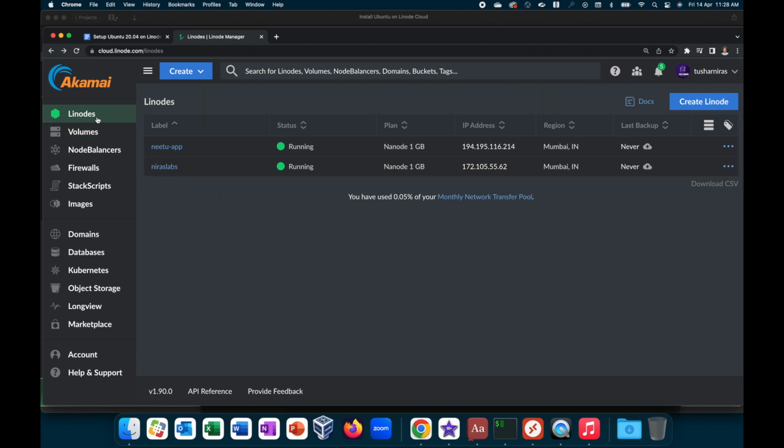I've been using Linode for a few years now and I found it very easy to set up. I primarily use Linode for my lab instances so that I can record my learning videos, and I've also hosted